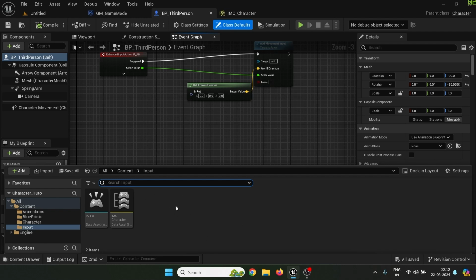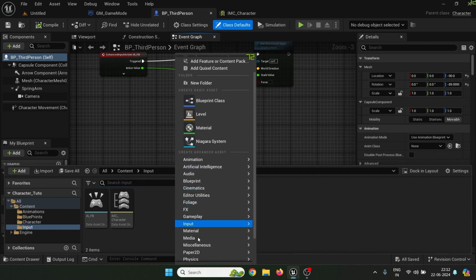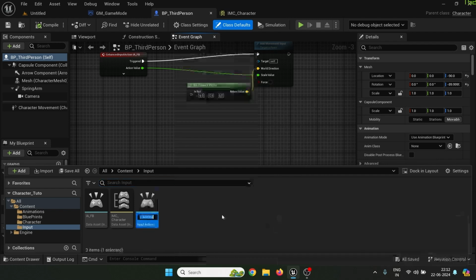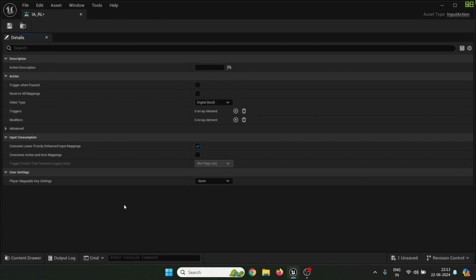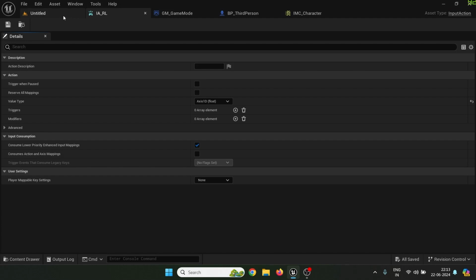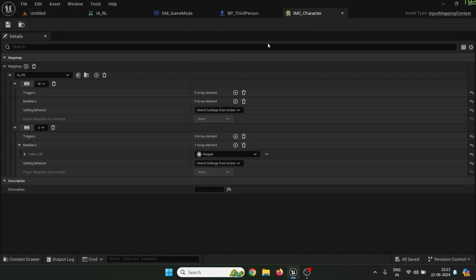So go to content browser, then just right click and create an input action and name it IA right and left, and then just open it, and from here select axis 1D